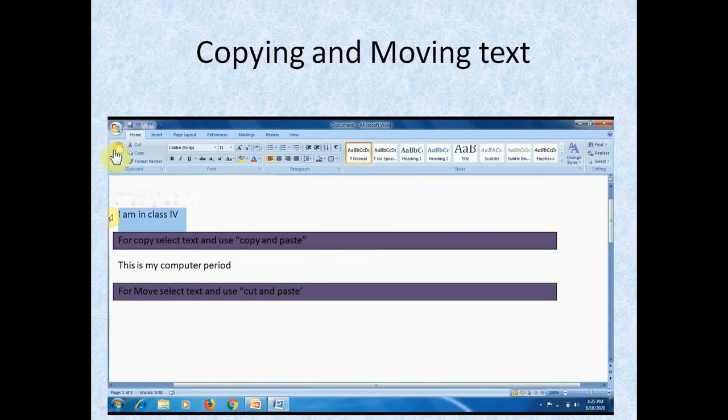Now here in Home there is a group called Clipboard. This Clipboard will help you to copy and paste. Here we are going to copy, so we will click on Copy. Now wherever we want to paste, we have to click and put the cursor. So we have clicked here to put the cursor here. Now I will paste. Wherever my cursor is, the text